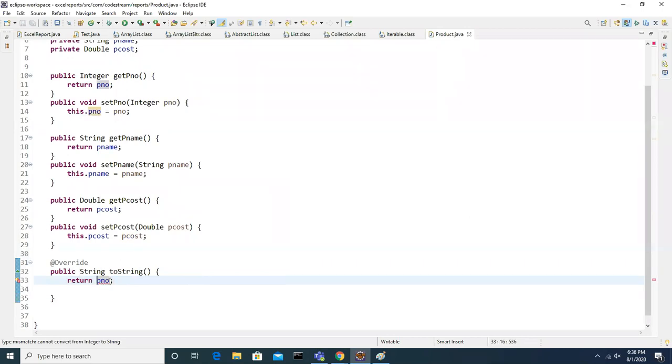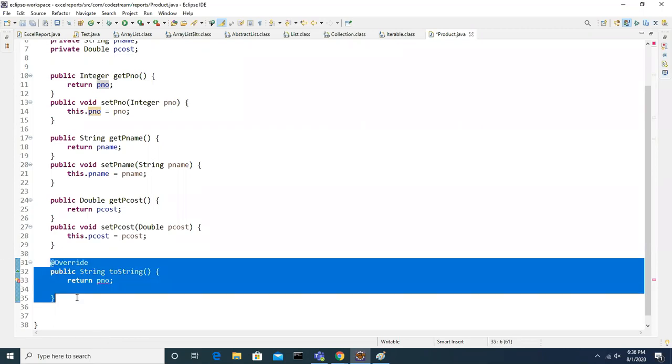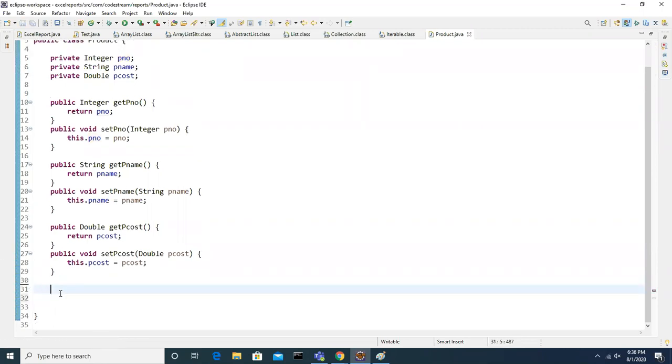I am going to explain about the toString method. The toString method is available in the Object class. What is the purpose of the toString method and when it is going to help, that's the point I'm going to explain now.